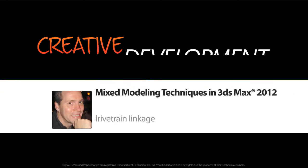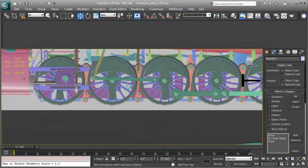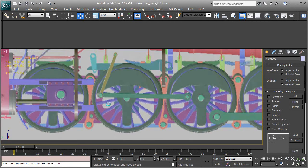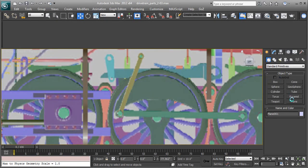In this video, we're going to make the linkage that drives the wheels. On the blueprint, there's most of it there. There are some pieces missing because I couldn't find an explicit reference, but what we're going to do is make some of these pieces using the line tools as we did earlier. So let's get started. We'll go to Create Panel, Shapes,